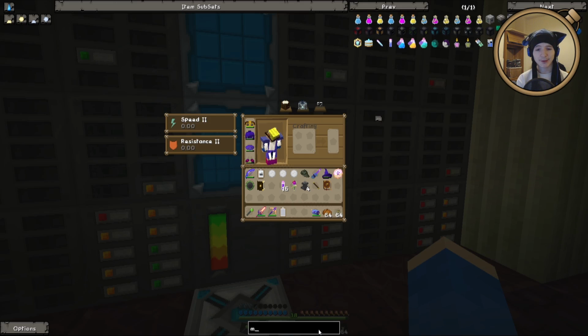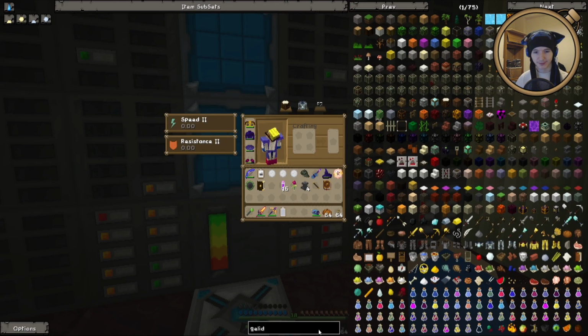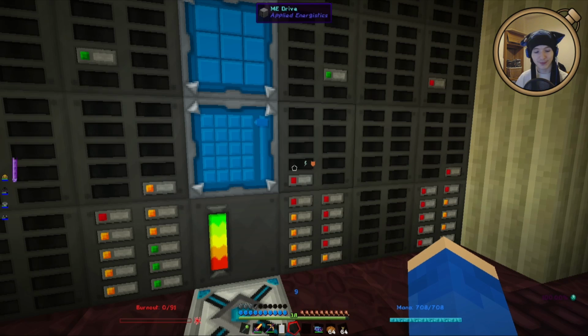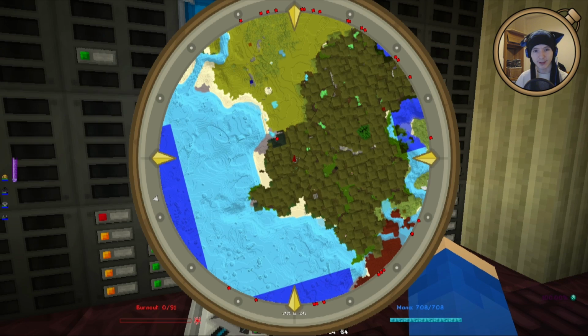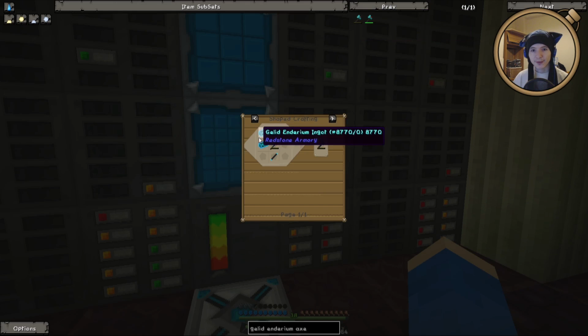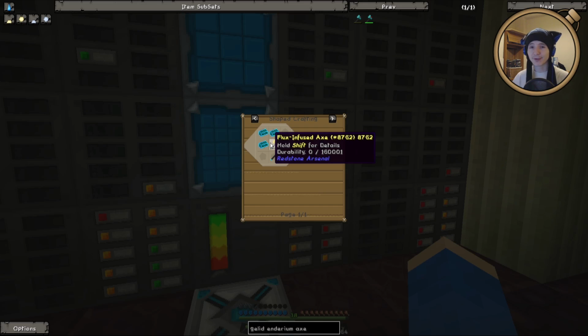So I want the Gelid Cryophium axe, which previously crashed the server. I don't... well, Gelid Enderium, there we are. Ooh, I am pushing all the wrong buttons, there we go. Axe, there we go. Narrow it down. So for this, I need a flux-infused axe, easy enough to make, as well as Gelid Enderium